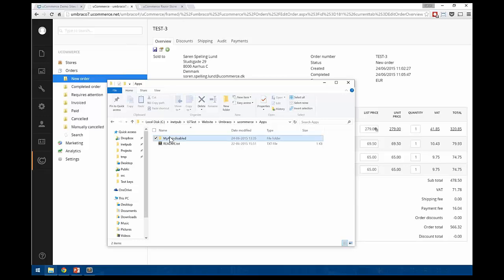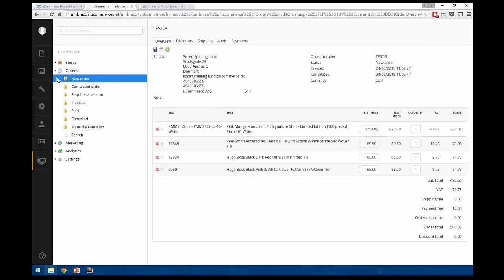Say you're building an app for a given project, maybe you're doing a new price calculation, maybe a new tax calculation, maybe a different way of doing inventory. Well, you can just have it as an app and move it between projects as well. So it's also something that helps you reuse your code and extensions for uCommerce across your projects, basically. So that's apps. Let's take a look at marketing.